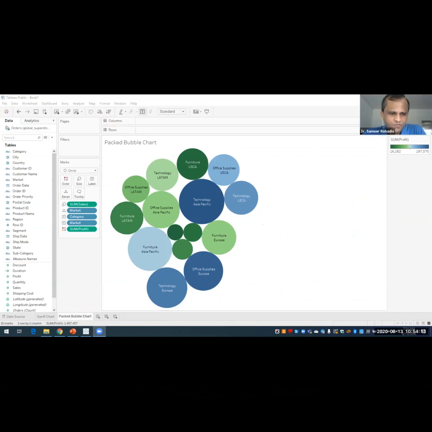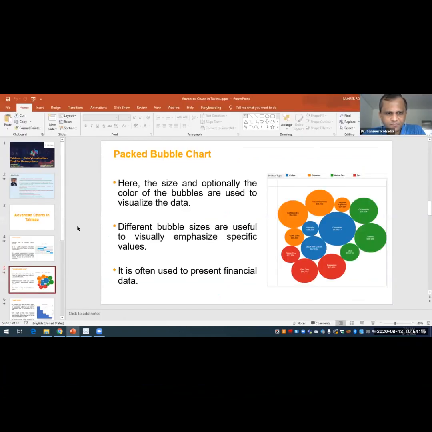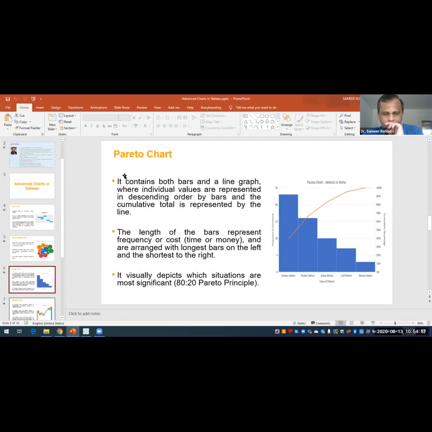Okay, so let us go to the next chart. Now the next chart is known as the Pareto chart, and this is also a very, very important chart. Now I hope that you must be knowing the Pareto principle, that is the 80-20 principle. And if you don't know, then just to give you a brief background, the 80-20 principle says that